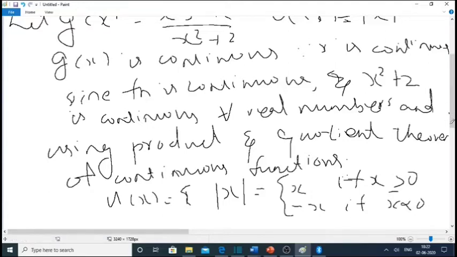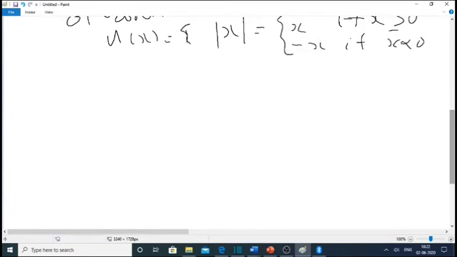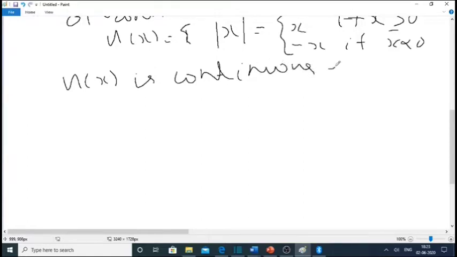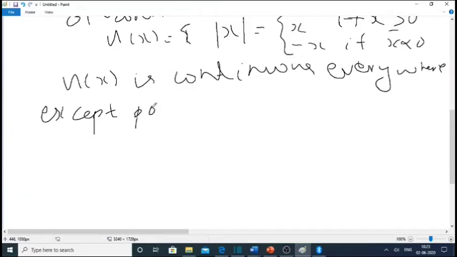That is how mod x is always defined. Now u of x is continuous for all values except possibly where the definition changes. x is continuous everywhere, minus x is continuous everywhere, so u is continuous everywhere except possibly at x equal to 0. So at x equal to 0,